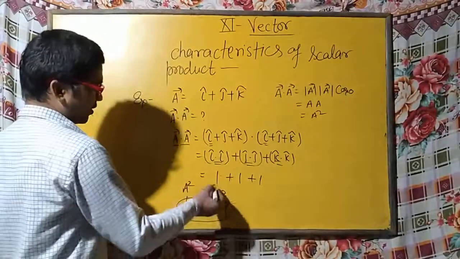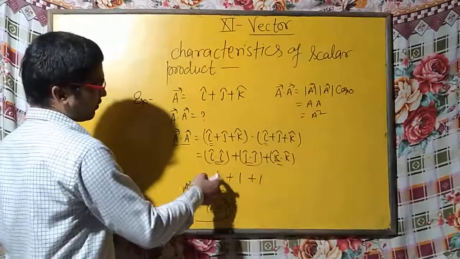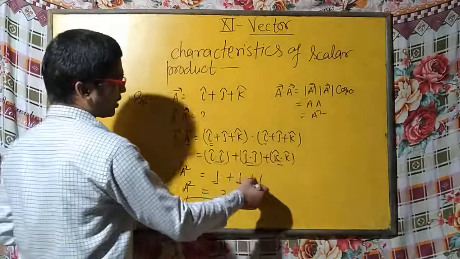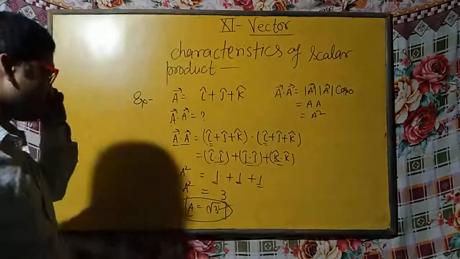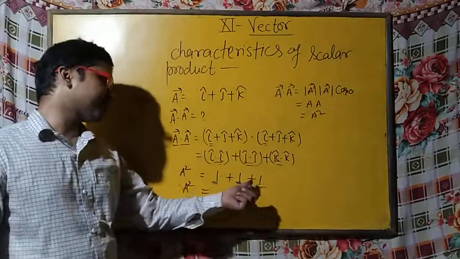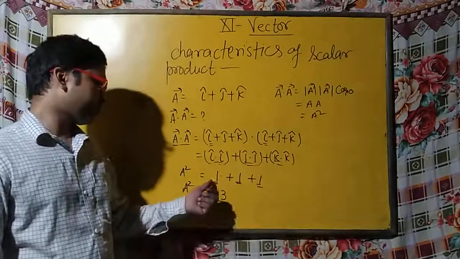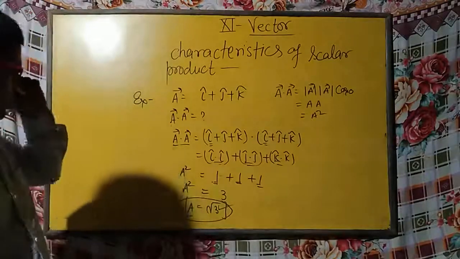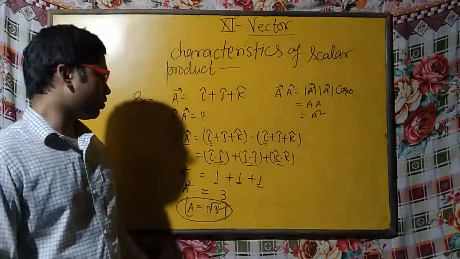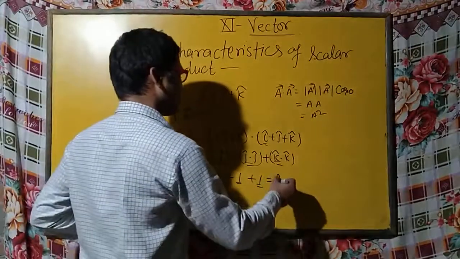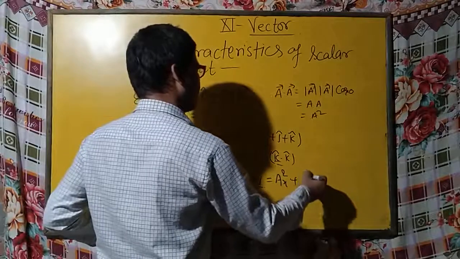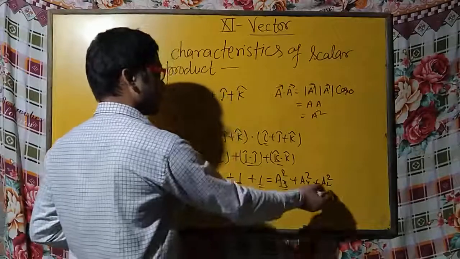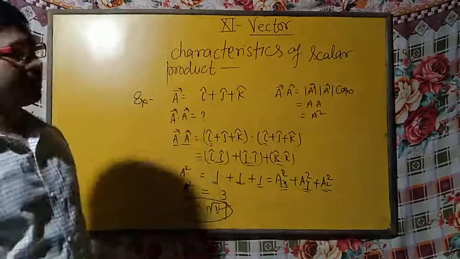It means you can see here this one is the value of ax square. This one is a square, this is ax square, ay square, az square. Okay. It means the components of a along the x axis, y axis and z axis are 1, 1 and 1. Means their squares are 1, 1, 1. You can compare this one. You can write here like this: ax square plus ay square plus az square. So the value of ax square is 1, ay square is 1, az square is 1. So I hope you understand this question.